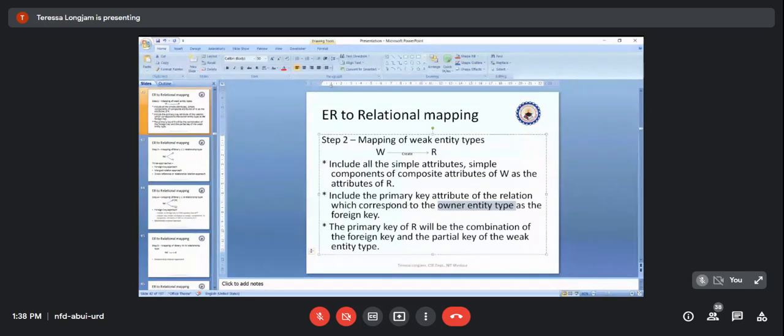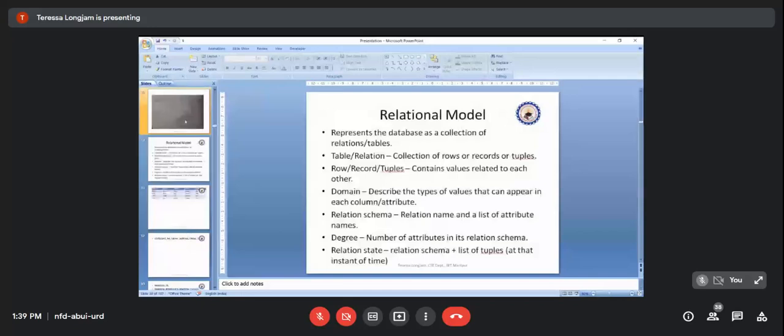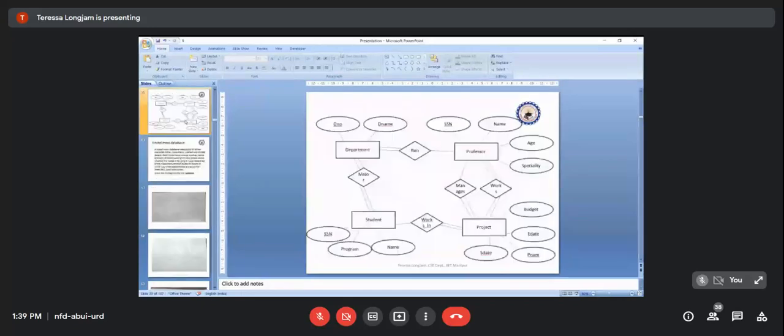Okay, so remember this point. And the last one is the primary key of R will be the combination of the foreign key and the partial key of the weak entity type. Okay. So what will happen is from the ER model company database,